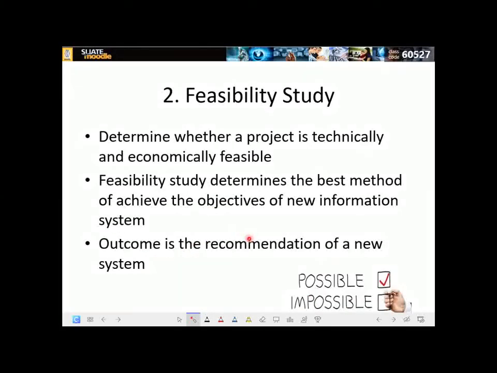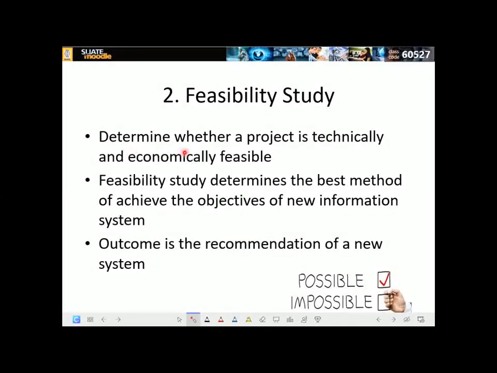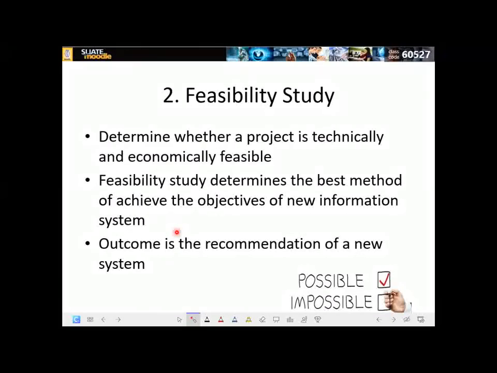Then the next one is the feasibility study. It says determine whether the project is technically and economically feasible. The feasibility study determines the best method of achieving the objectives of the new information system. Students, let's say you want to develop an information system for your organization, but we have to do